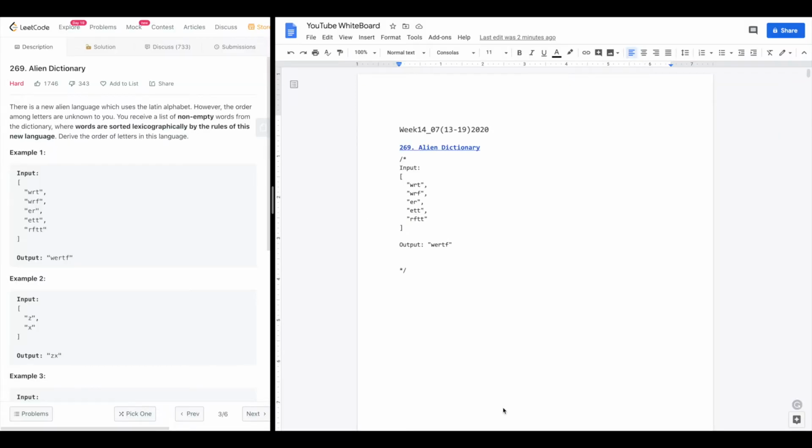Hi there. Today I'm going to go through the LeetCode problem 269, the Alien Dictionary. So for this question, it says this is a new alien language which uses Latin letters. However, the order among letters is unknown to you. You receive a list of non-empty words from the dictionary, where the words are sorted